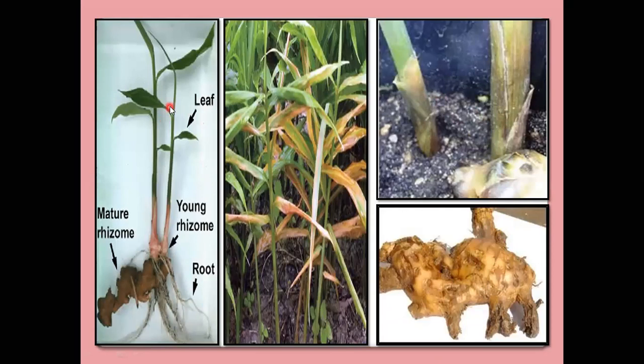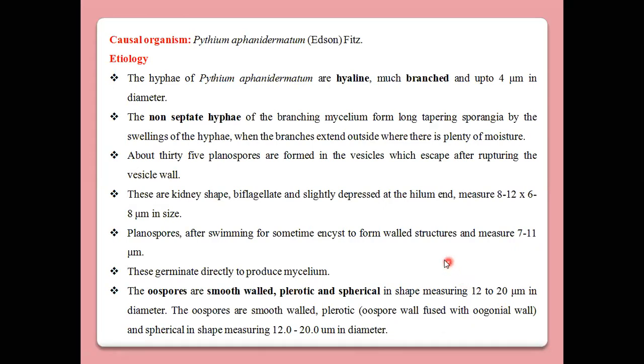This is the healthy plant and this is the infected plant. Infection is generally seen on the leaf portion, on the younger rhizomes, and on the mature rhizomes. Typical symptoms are seen on the leaf, the stem portion, and the developing rhizome parts. Okay, then the last